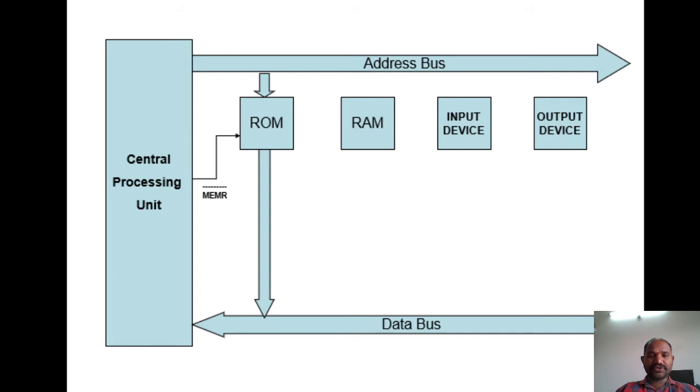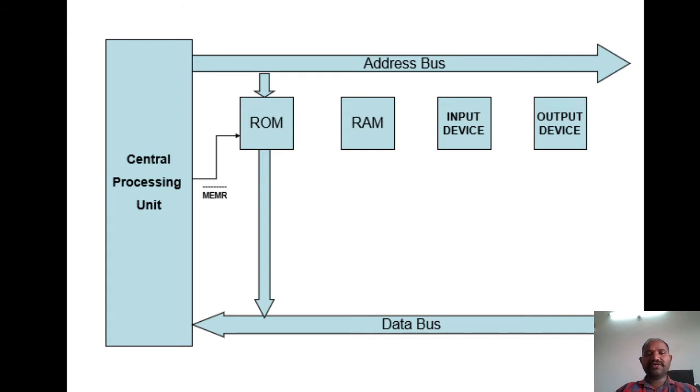In order to interface your ROM device to the CPU, why is my cursor not controlling this one? Wait a minute. Yeah, in order to control this, you are supposed to use the memory read control signal coming from the central processing unit. We can perform only the read-only operation, because the data which is written inside the ROM is the BIOS. We are going to see that in a detailed explanation. First, let us see how the components are interfaced to the CPU.